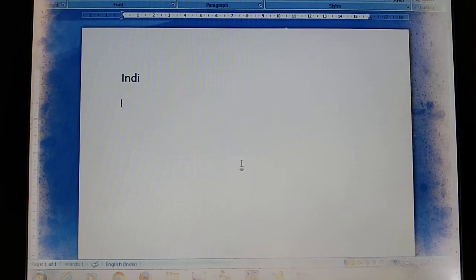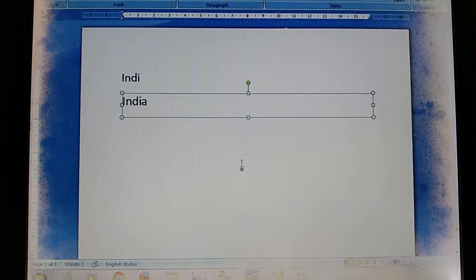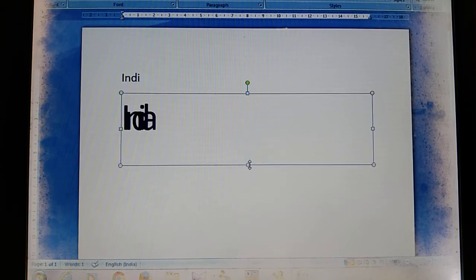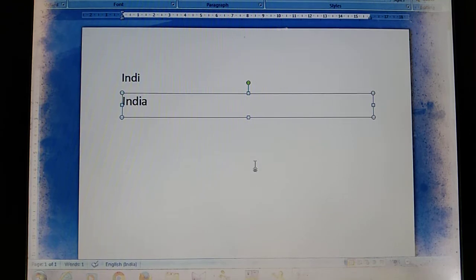Suppose I press the delete key, automatically it deletes the whole one. Again I press Ctrl Z, look again, it is the picture format. Suppose I drag it to the bottom area, automatically its size must increase. Again I press Ctrl Z, look at the term.